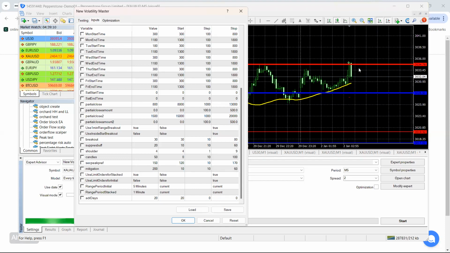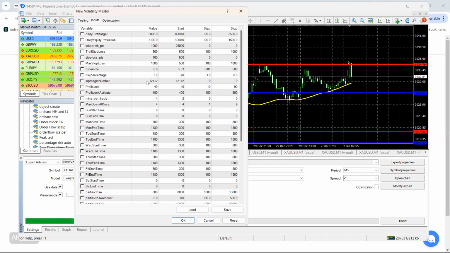So once that trade's in that situation, then it can look for another breakout and set up, and it will place a second buy order. But because the first order is risk-free,